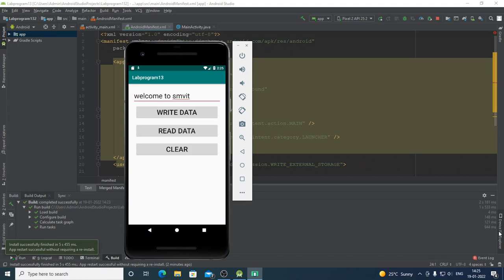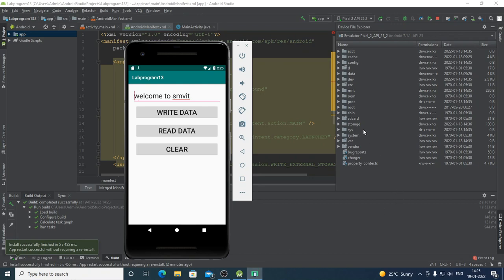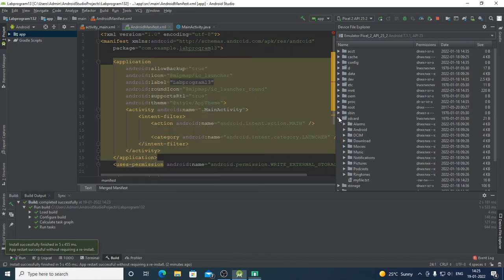So click on this, and the folders and the files associated with this particular virtual device instance will be listed here. Now you can see here you have a folder named sdcard. Under this, you have a file named myfile.txt. So this is just to confirm that the file named myfile.txt is created.